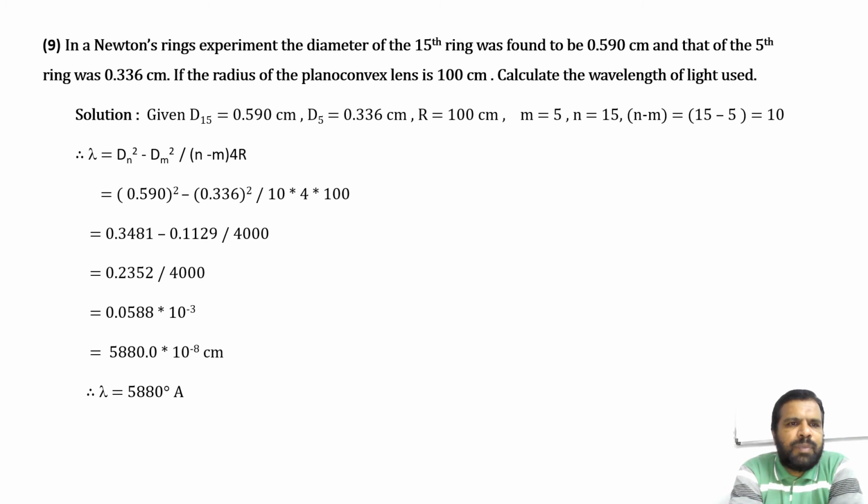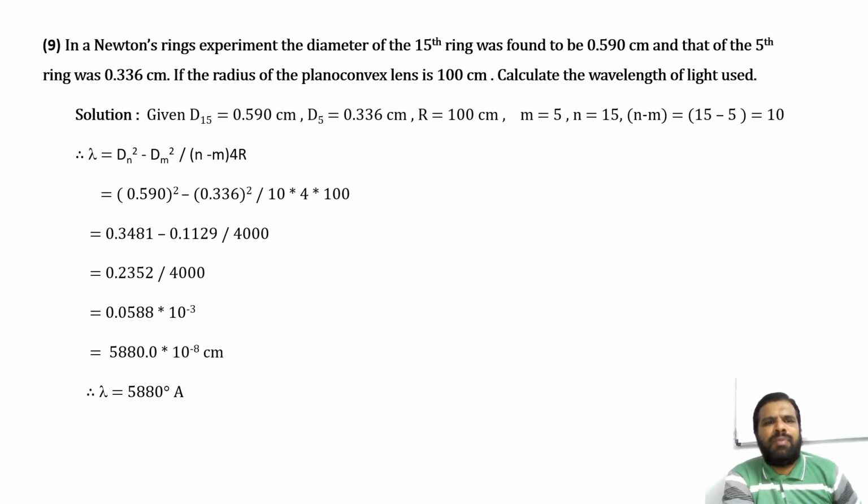Problem number 8. In a Newton's ring experiment, the diameter of the 15th ring was found to be 0.590 centimeter, and that of the 5th ring was 0.336 centimeter. If the radius of the plano-convex lens is 100 centimeter, calculate the wavelength of the light used. Given d15 is equal to 0.590 centimeters, d5 is equal to 0.336 centimeters, R is equal to 100 centimeter, m is equal to 5, n is equal to 15, n minus m is equal to 15 minus 5,